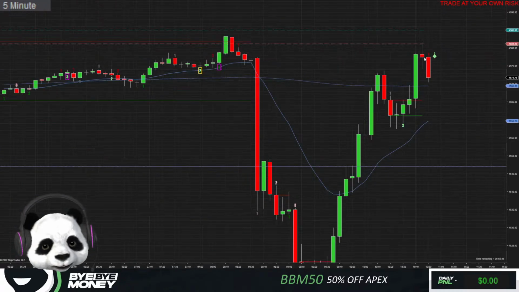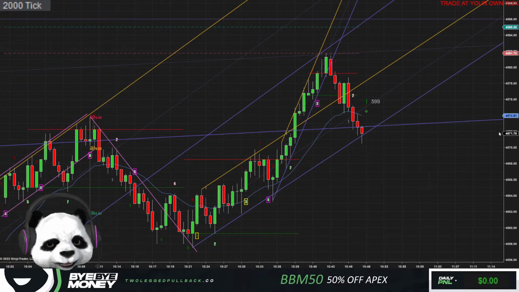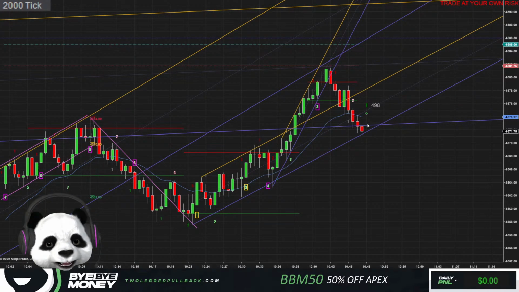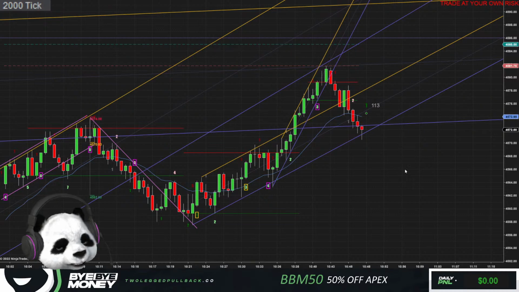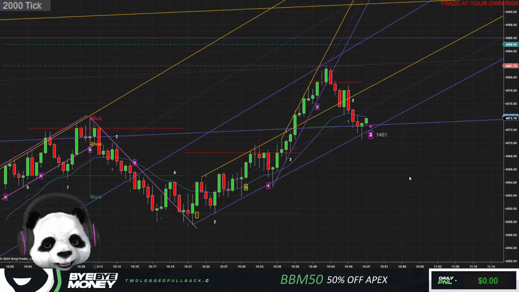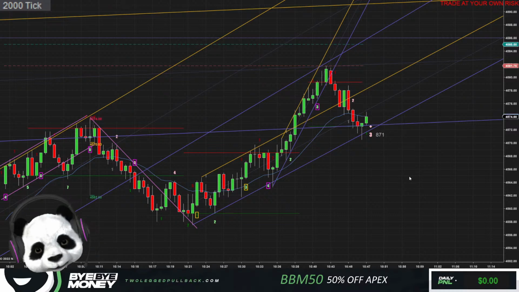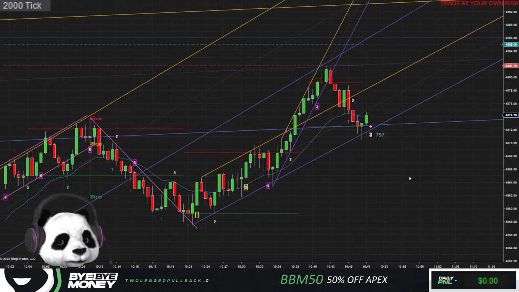On the 5-minute, I was willing to just take that short here just for a scalp, but now that we're on this trend line, it makes me want to go long. I actually want to go long. We're on this trend line, but if it traps here as well, that's tricky. Decent signal bar, but below the 20 MA, but off our trend line. So with that, I must sit on my pause. Conflicting information for me. Does scalp out. I'm fine with that.